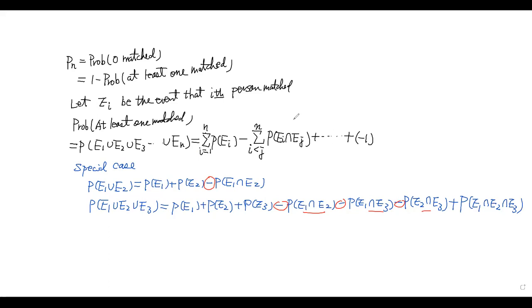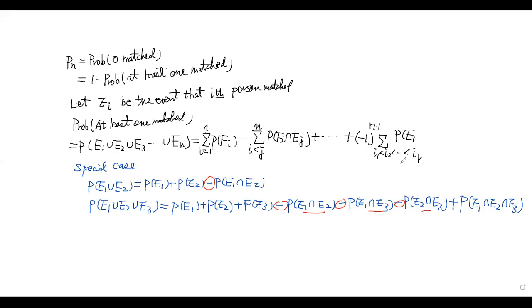So it's (-1)^(r+1) terms here. All right, so this is (-1)^(r+1) terms, and then you are adding here, right? So you are adding like I1 < I2 < I3 ... < IR, right? Then your terms here is the